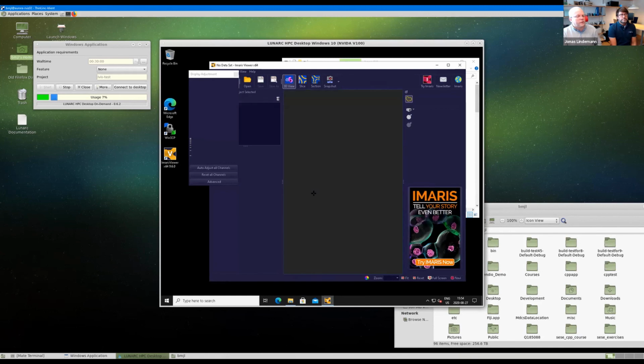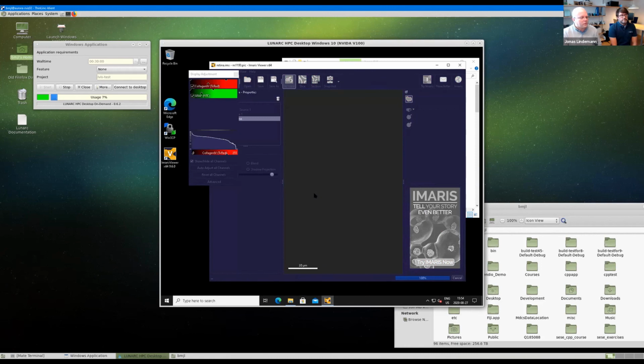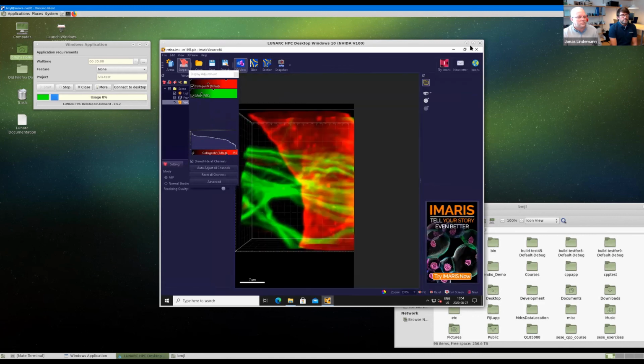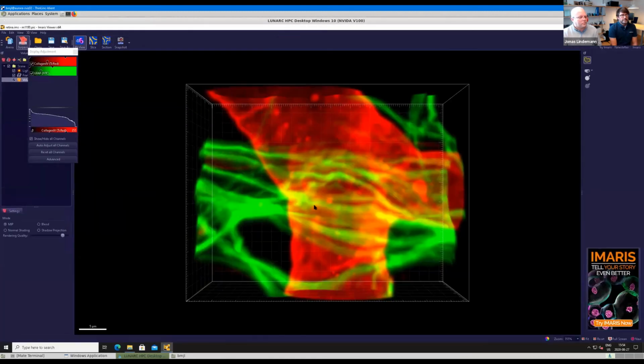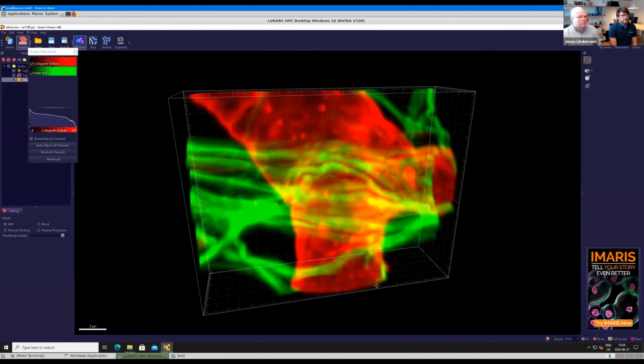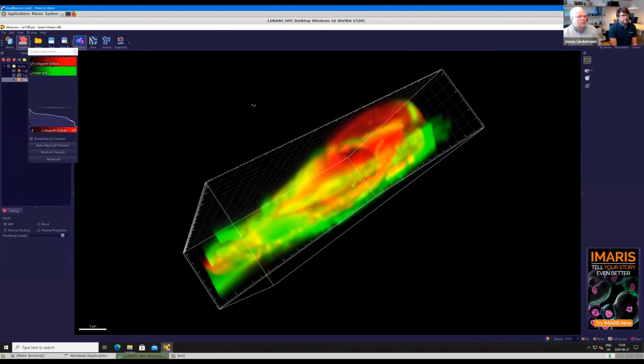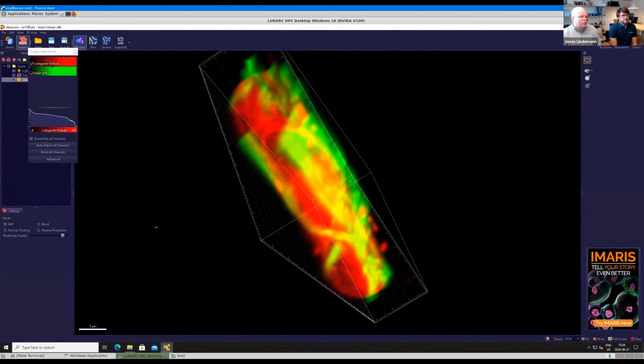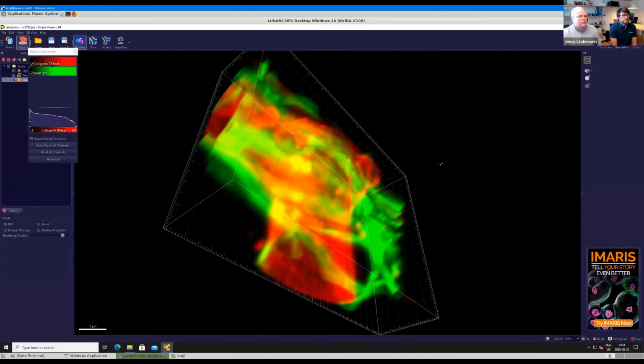Just to finalize the final demo here, we'll show you a data set in the Imaris application viewer. It's a microscopy viewer, where you can view microscopy data. And I think you loaded a volumetric data set. Yes. And we can rotate it here on the screen. And it uses the backend GPUs for the graphics rendering. Yeah.